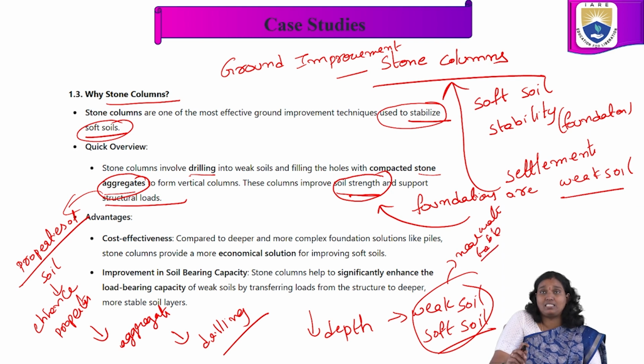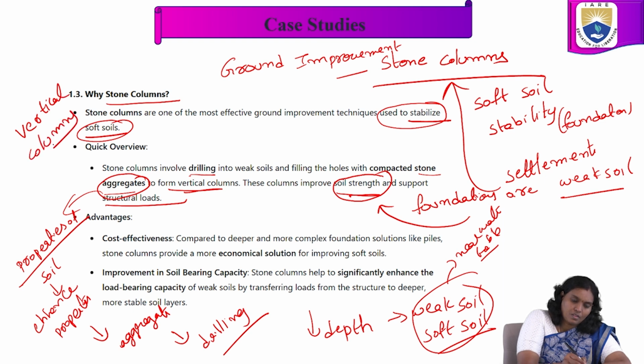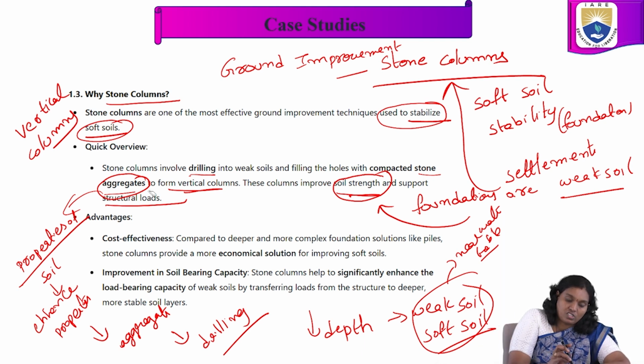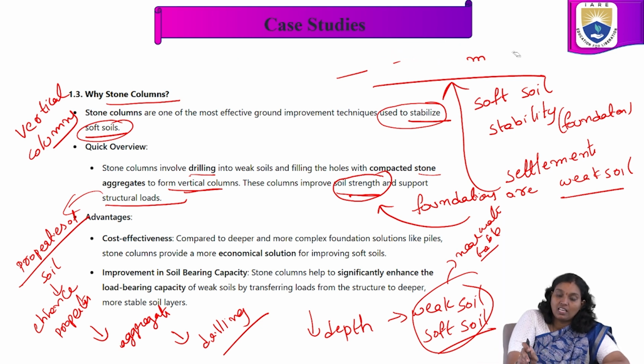These are all we considered. So from form to vertical columns, we form these stone columns as vertical columns. These columns improve the soil strength and support the structural loads. According to these stone columns, what we understand from this particular case study is that because